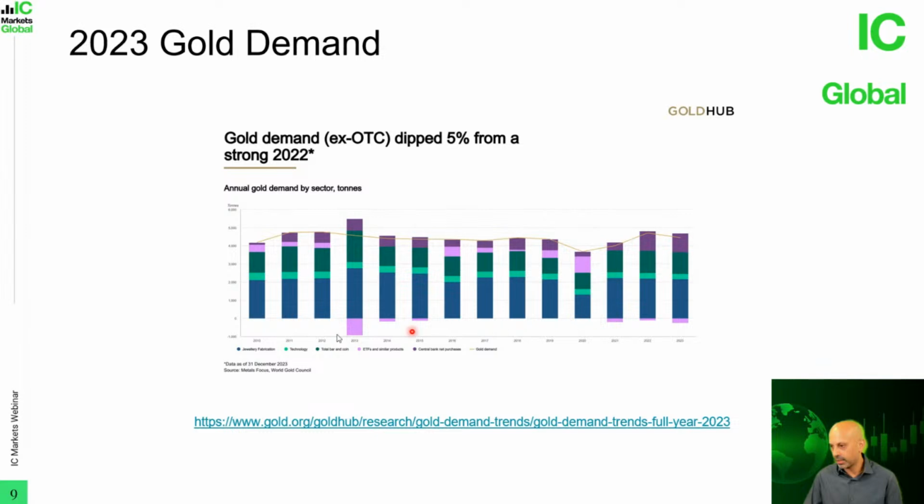So this just tells us the trend in gold on an annualized basis from a global perspective, and also when you break it down into the main sectors, which is once again jewelry fabrication, which usually makes up the bulk of the demand, technology, total bar and coin, which is physical gold, ETFs that are bought by retail traders, institutional asset managers, and so on by anyone, then ETFs and similar products, which are investment related purchases, and then of course central bank net purchases as well.